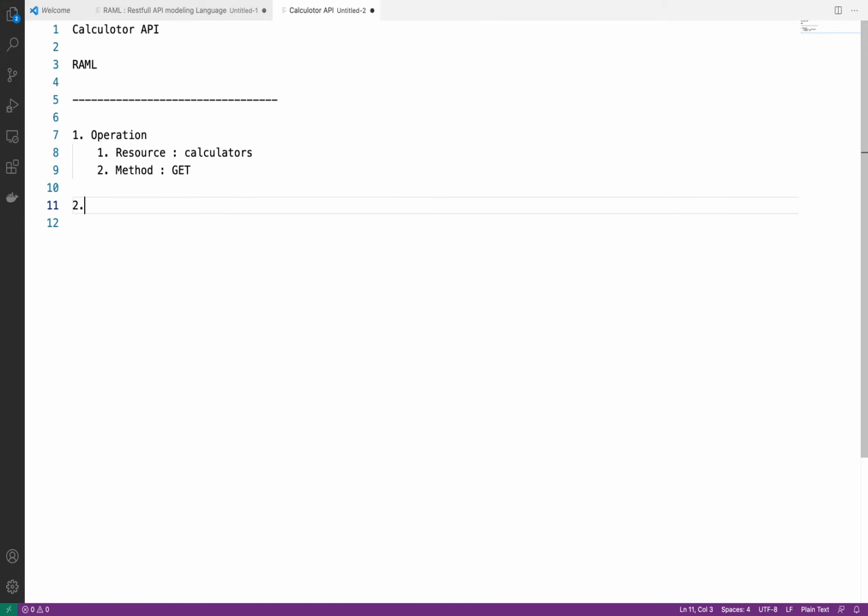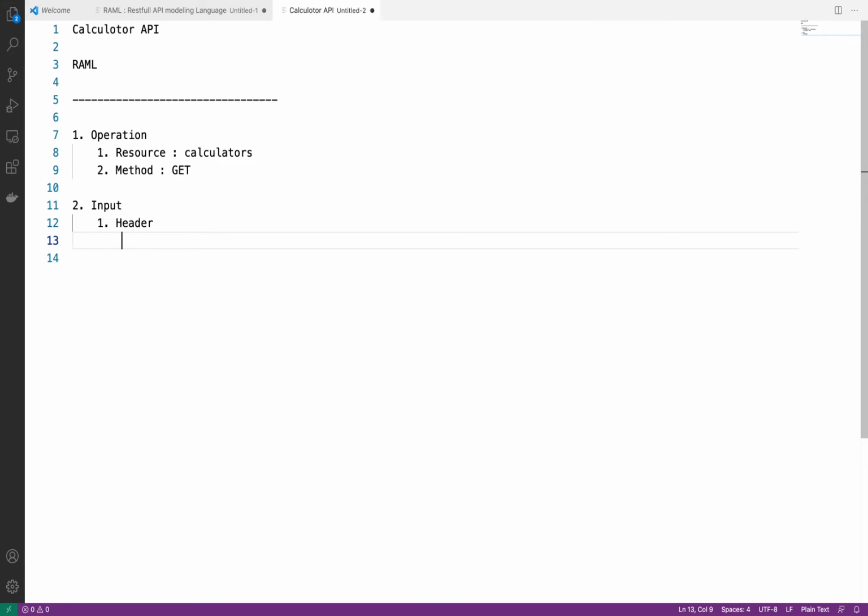Second, input. Now what all inputs do we need for the calculator? Do we need any metadata? Yes, I need one metadata, so I will pass it inside the header. What metadata do I want?